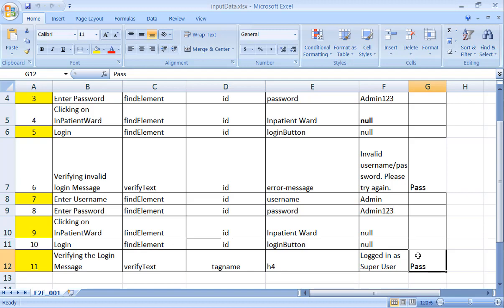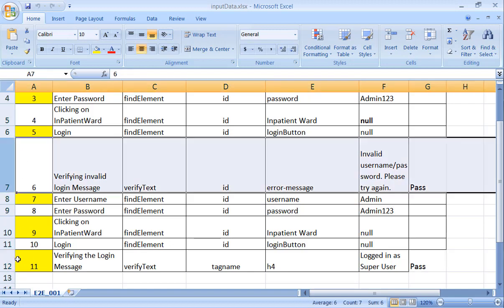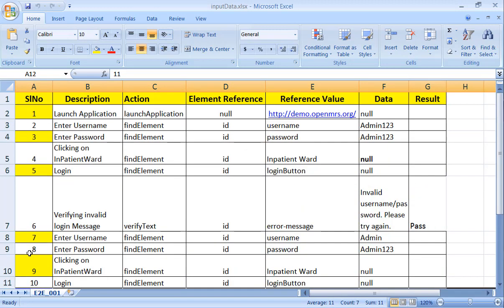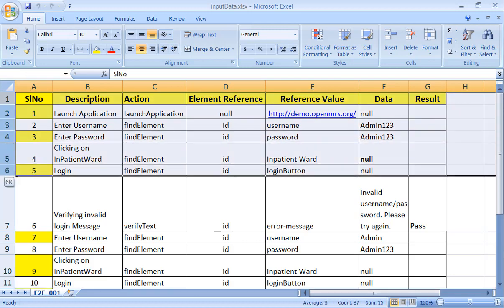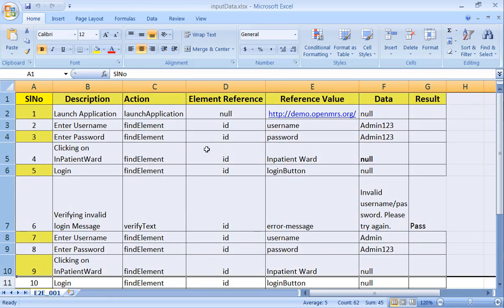Okay, if you look into this, we have a pass here, we have a pass statement here. The test case is pass. This is pass, this is pass. So this entire logic, reading each and every row and invoking a method based upon the keyword and the number of arguments, is implemented using reflection API. So this logic